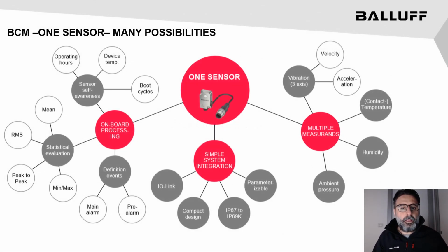Well, the BCM. Many possibilities in one sensor. The BCM is an IO-Link device, pretty simple to integrate and configure. It has a very compact design and a high protection level, IP67 or IP69K, depending on the chosen model. The BCM returns multiple measures: the vibration velocity or acceleration for free axis, the contact temperature of the surface where it is installed, ambient air humidity, atmospheric pressure, and soon it will also be able to measure the magnetic